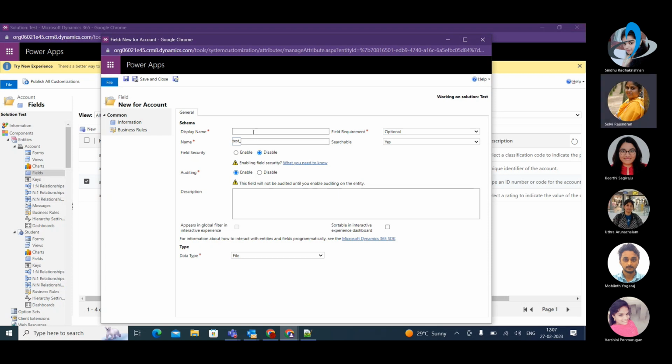So I am going to create one field with the name mode. As it is a lowercase, the first letter should be lowercase. Then only